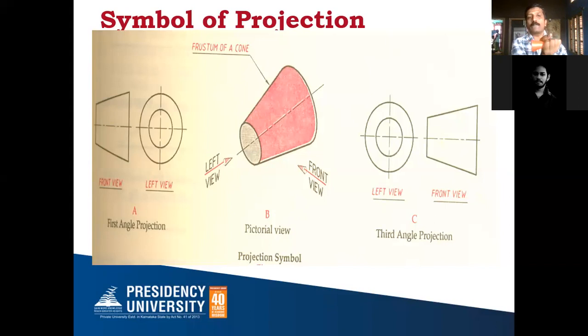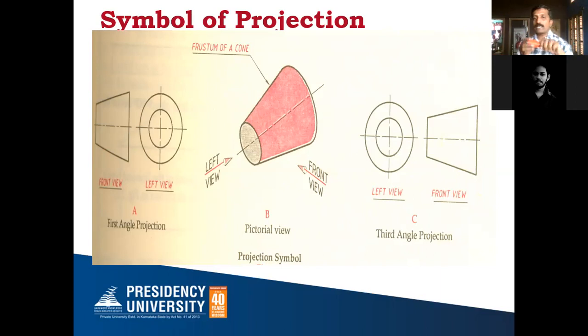For the first angle projection system, the front view and the side view: you will get the left view on the right side of the front view. Why? This is the object which I have kept for you. The front view means you are looking from here, it looks like a trapezium. Left view means I should come to the left side of it. The left view I will be getting on the right side, that is the RPP. The left view is going to be obtained on the RPP. So that's why, if you see this symbol, it is understood that it is the first angle projection system. Whatever drawing is drawn on that particular drawing sheet, it is the first angle projection system.